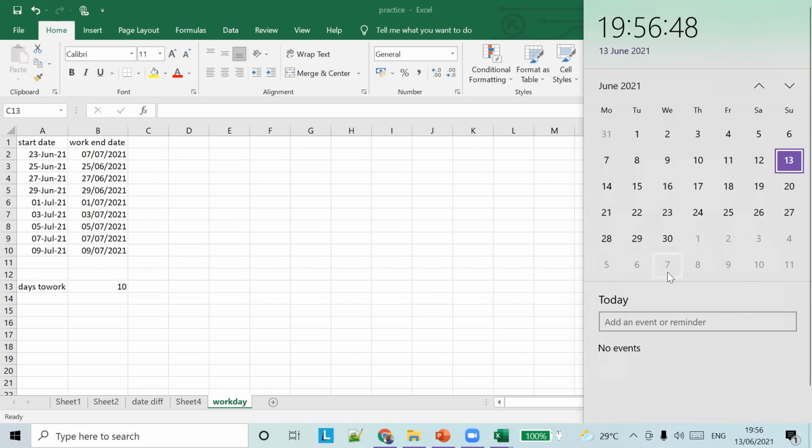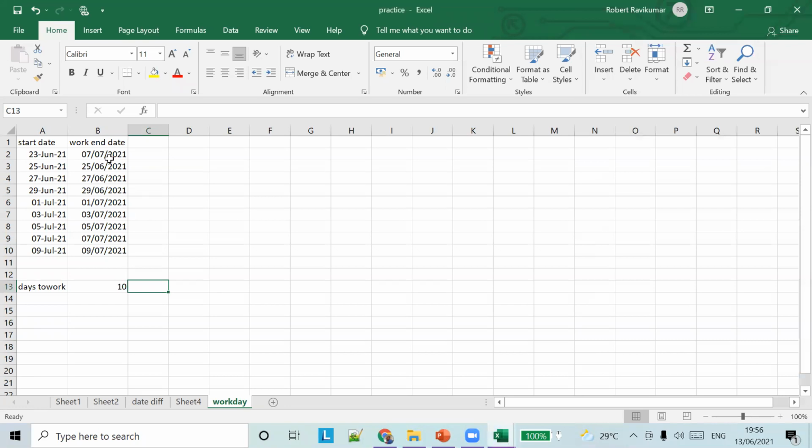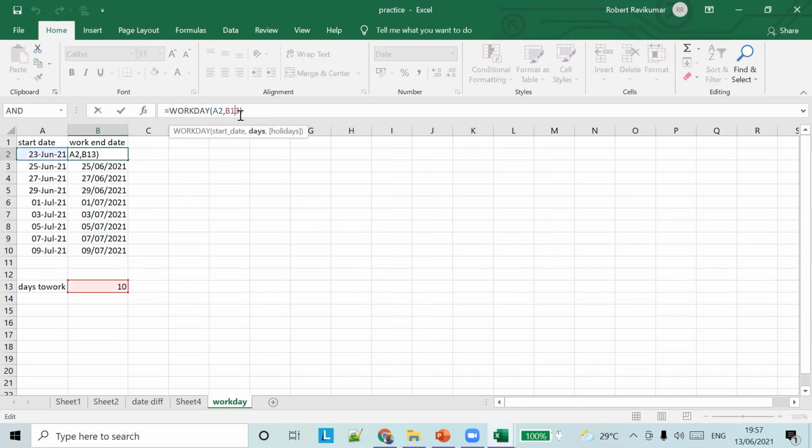So 10 working days is 7th. So we have found the 10 working days. Similarly for other functions also, we have other dates, we have to find the 10 working days. Okay, I should have copied the formula.